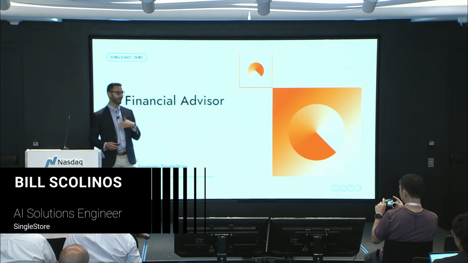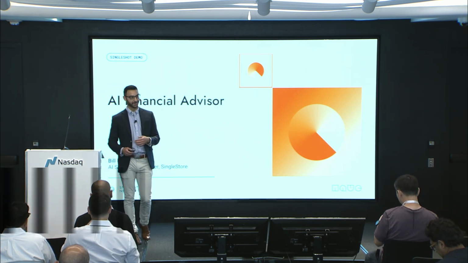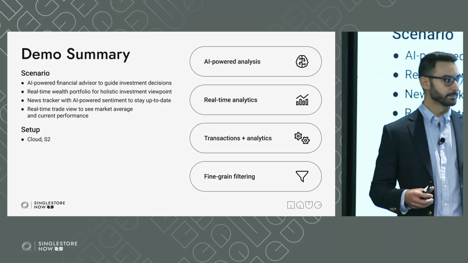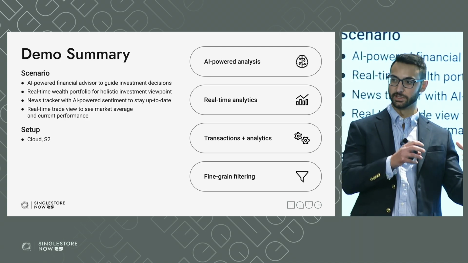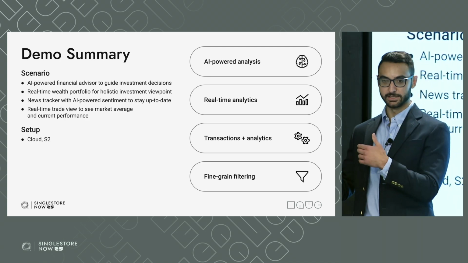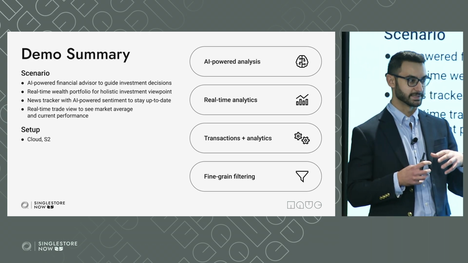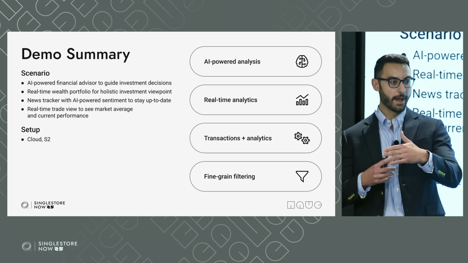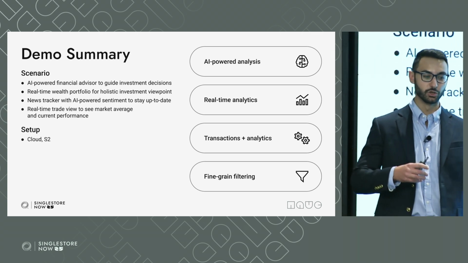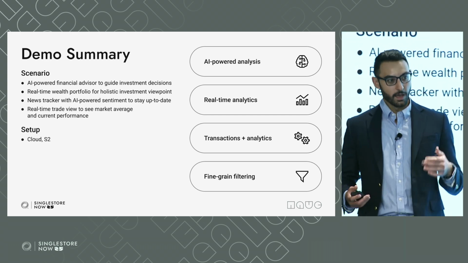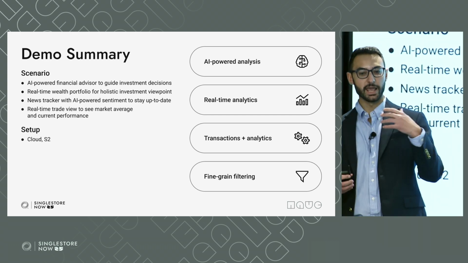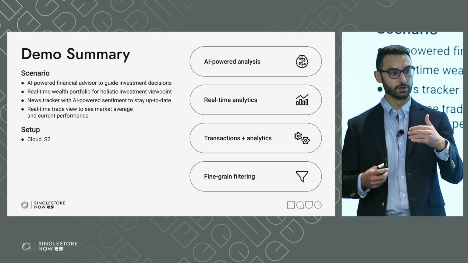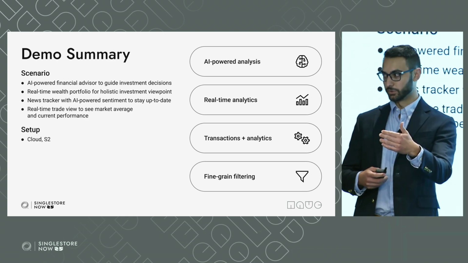Ready now to walk you through our second demo of the day, which we call our AI Financial Advisor. The background is that we've built out an AI-powered financial advisor, which lets us use a combination of SingleStore and AI to build an entire system that can act as a standalone app, allowing businesses to deploy it as a whole new app running on its own without any human oversight. In addition, it's a way to use AI and SingleStore to give the data that's powering the AI model a way to hyper-tailor our financial advisor to user goals